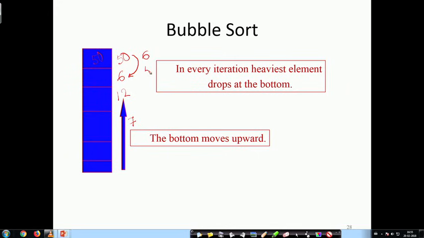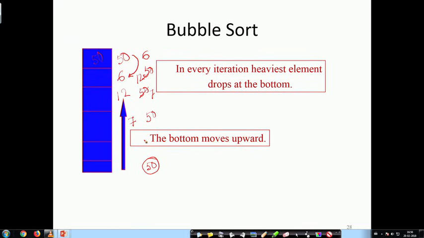So, first it will be 6 and 50, and then 50 will be compared with 12, again there will be a swap. So, there will be 12, 50, and 50 will be compared with 7. So, it will be 7, 50. In that way, ultimately 50, if it is the heaviest, will come at the bottom. So, we swap only if the element at the top is heavier.